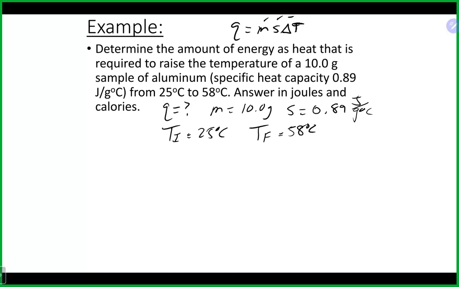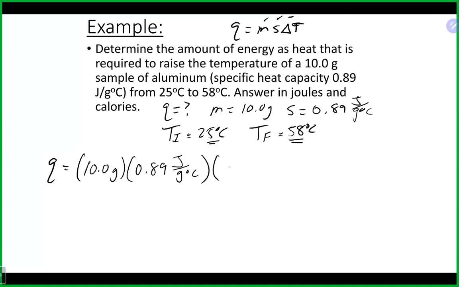So we can just plug and chug it into this guy here. So Q in this case is going to be our mass, which is 10 grams, times our specific heat capacity, 0.89 joules per gram per degree Celsius, times, again, we want final temperature minus initial temperature. So 58 degrees Celsius minus 25 degrees Celsius. In terms of units, again, we're multiplying here, so grams and grams will cancel. Degrees Celsius will cancel. And obviously that's going to leave us just joules left over as our unit in this case. And it looks like if you punch that into your calculator,